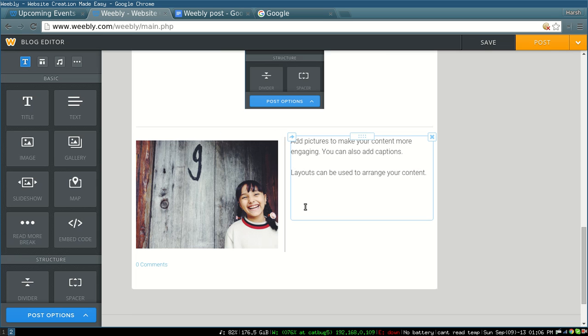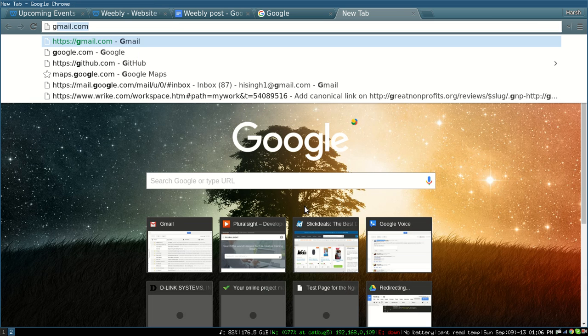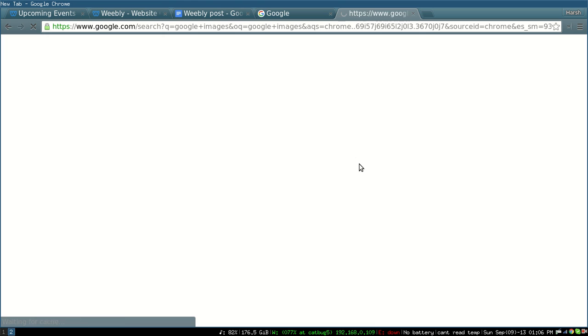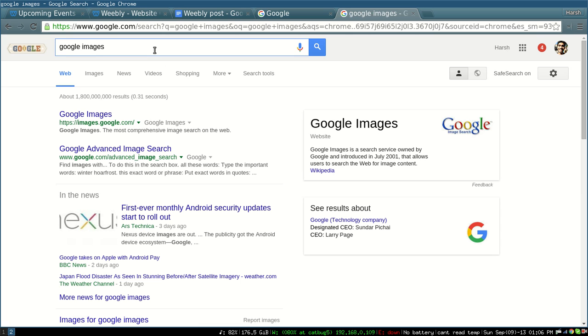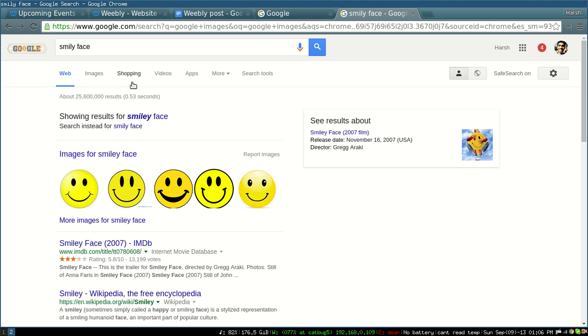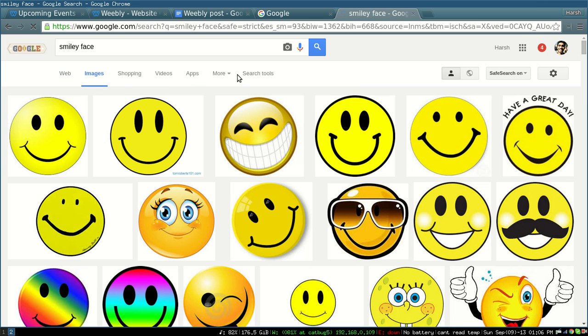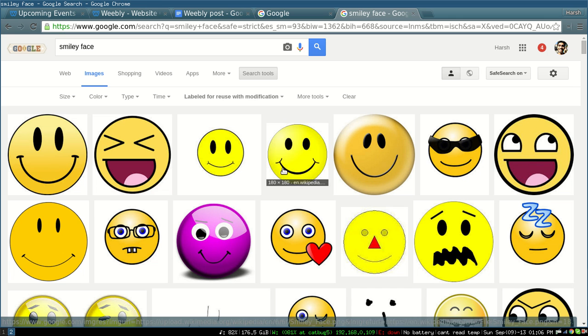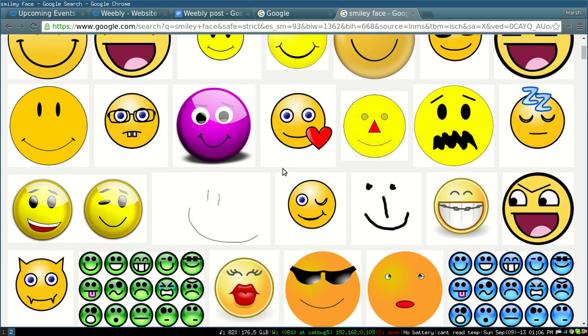If the image that you did choose wasn't to your liking, another thing you can do is go to Google and search for smiley face images, and in your search tools you can say labeled for reuse with modification or labeled for reuse. So let's just say with modification, and